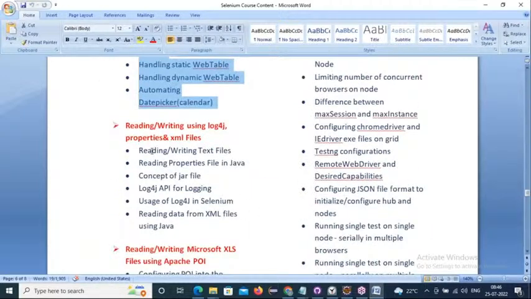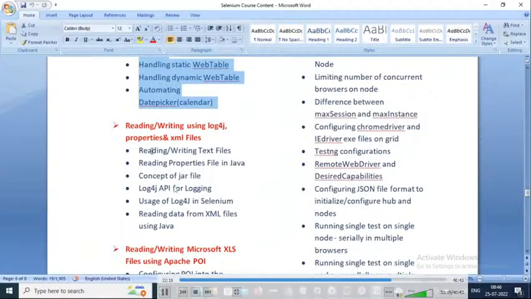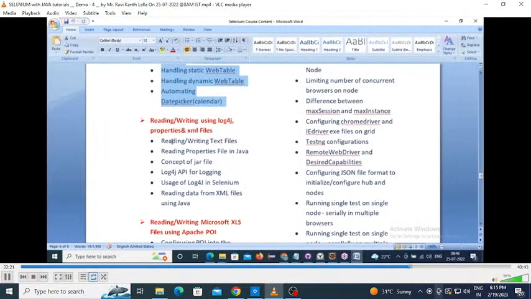And coming to the input sources. Friends, once you develop your test cases, we require some test data. Yes, we have various data sources where we can organize our test data, properties files,